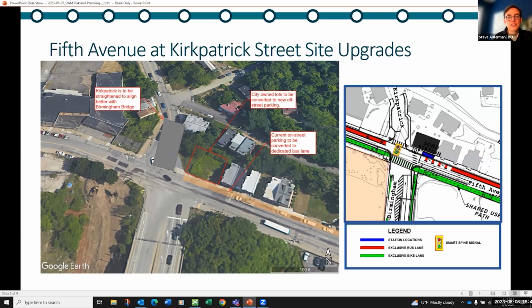So this is unusual in that the BRT project was otherwise 100% in the public right of way, which means we went through a development activities meeting, particularly for the bus stations that will be constructed in the street. In this case, this is off-street, private properties the city happens to own. The thought being that we will go through the development activities meeting process. We will go to the Board of Zoning Adjustment to